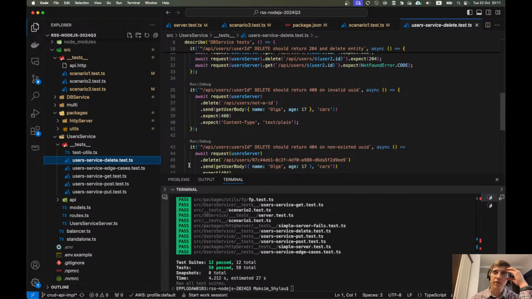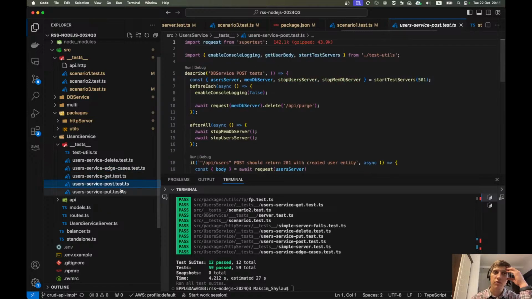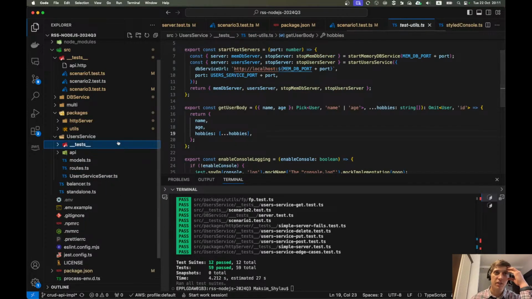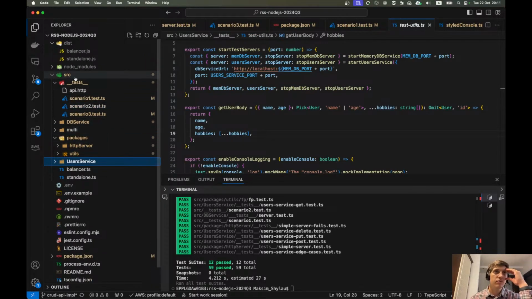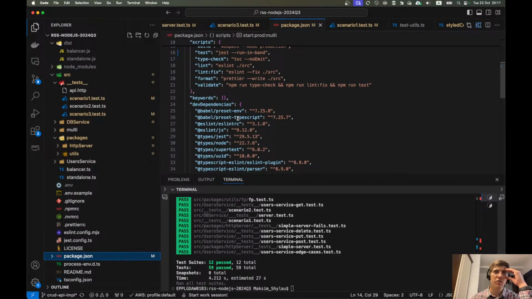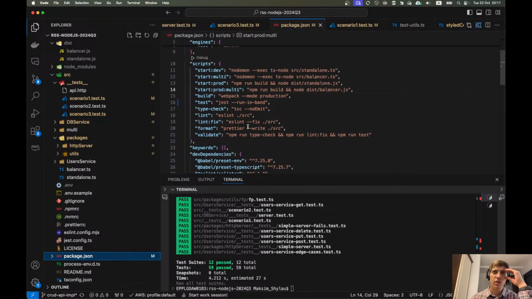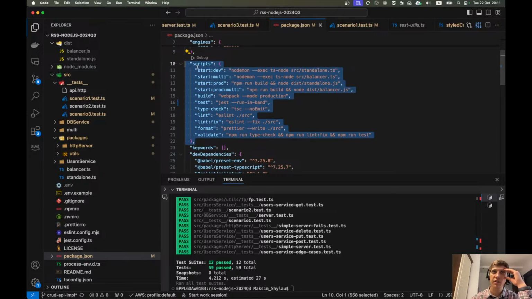We also have tests for the database service, which is really nice. Okay, so probably we reviewed everything. Looks good, but from my point of view, it's overcomplicated. And okay, I understand. Maybe